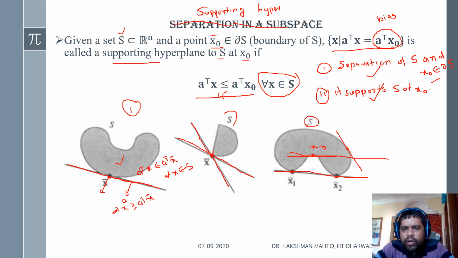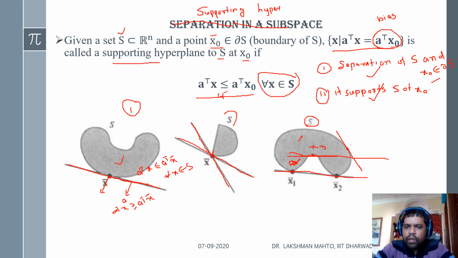This boundary point x3. So definitely if a supporting hyperplane passes through this point x3, it is not going to separate point x3 and the set, because here we will get points of the given set on both sides. So both sides of the supporting hyperplane we observe points of the same set. So in this case we are unable to find a supporting hyperplane at every point. If a set happens to be non-convex, it is not possible to find a supporting hyperplane at every boundary point of the given set.